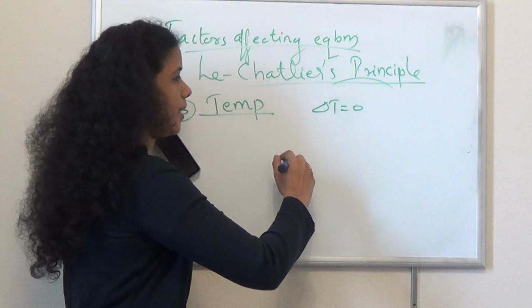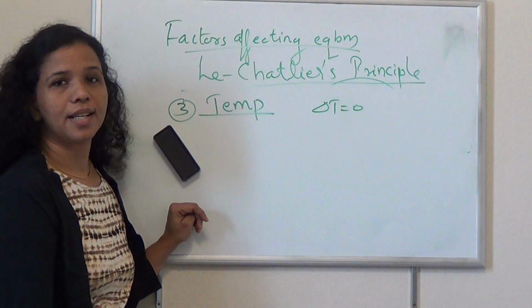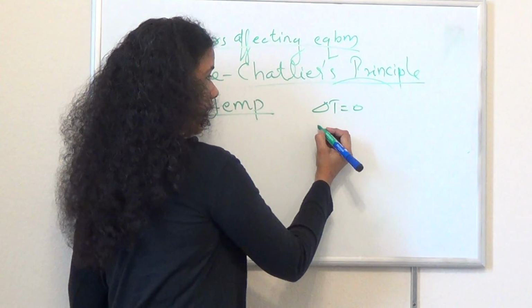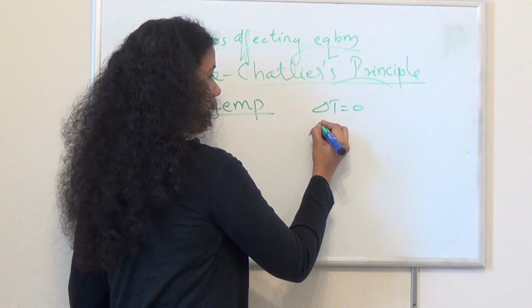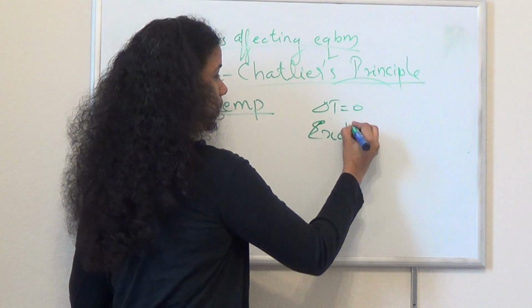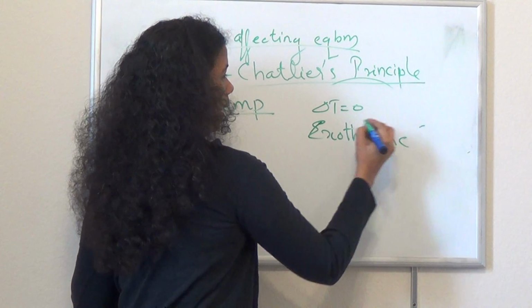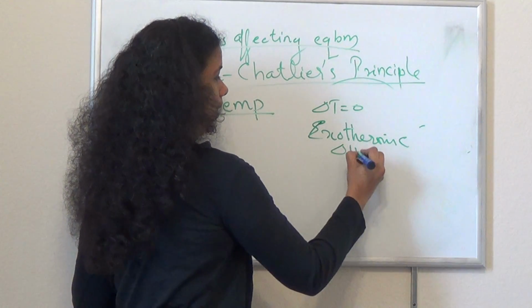Some reactions will provide or release energy, temperature. That type of reaction is called an exothermic reaction. So the delta change, the energy change, will be